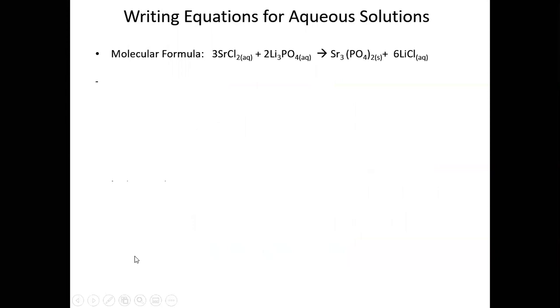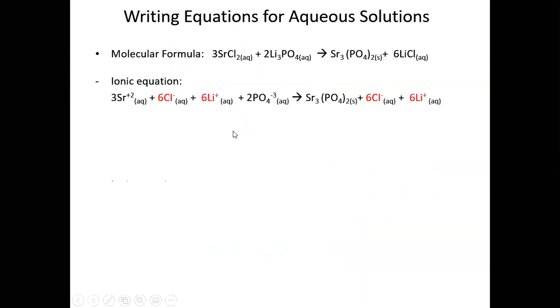So here we have another one. Here's the molecular formula. Again, it's already balanced. We have strontium chloride and lithium phosphate giving us strontium phosphate and lithium chloride. So this is the molecular equation. We break apart